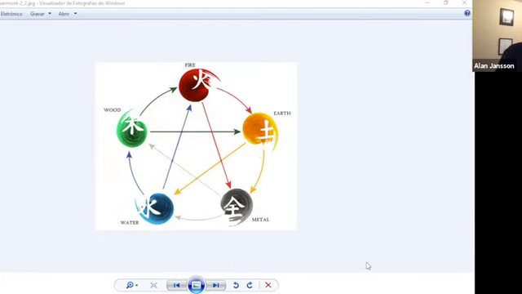So this is a cycle that was developed from a macrocosmic perspective. Ancient Chinese medicine evolved as a result of observing the macrocosm, observing nature and how nature interacted and what substance or what aspect of life nourished the next aspect. So this is the fundamental evolution. And then that understanding of the macrocosmic, or the natural aspect, or the observation of how nature works, was applied in a microcosmic perspective to us as human beings.